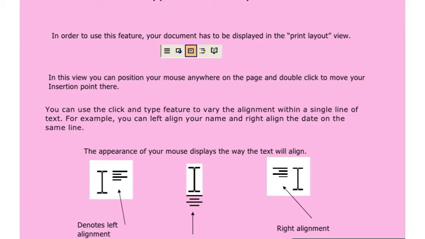For example, you can left align your name and right align the date on the same line. The appearance of the mouse displays the way the text will align. The first one denotes left alignment, meaning whatever text you type will start from the left side. The middle one shows justify, and the last one shows right alignment.